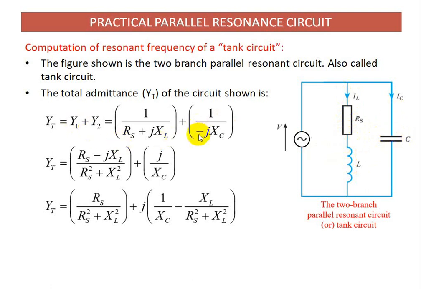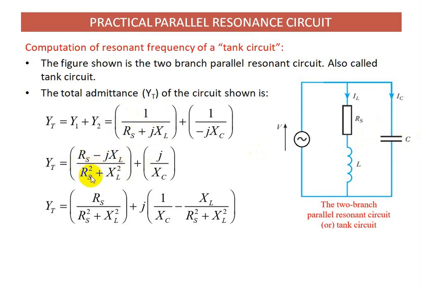The total admittance of the circuit is called as YT. This is equal to first branch admittance plus second branch admittance. So first branch admittance is 1 by Rs plus j omega L. XL or j omega L is the inductive reactance of the inductance. And then plus for this capacitance it is 1 by minus jXC. Now you multiply and divide this term by Rs minus jXL. Then we get Rs minus jXL